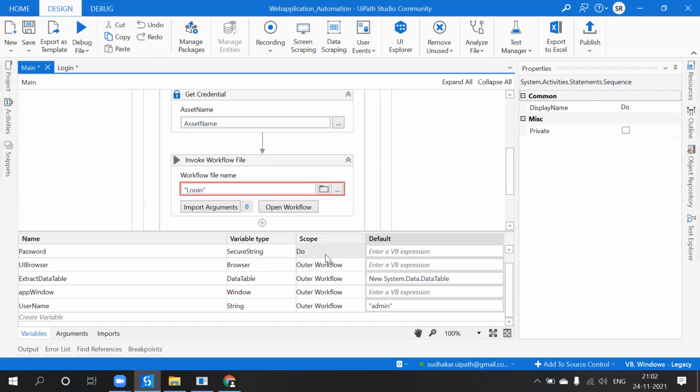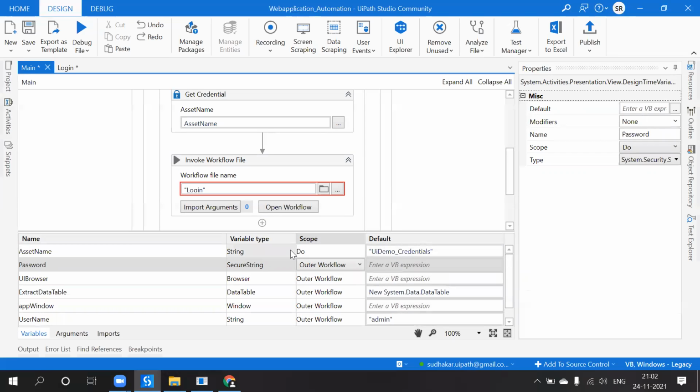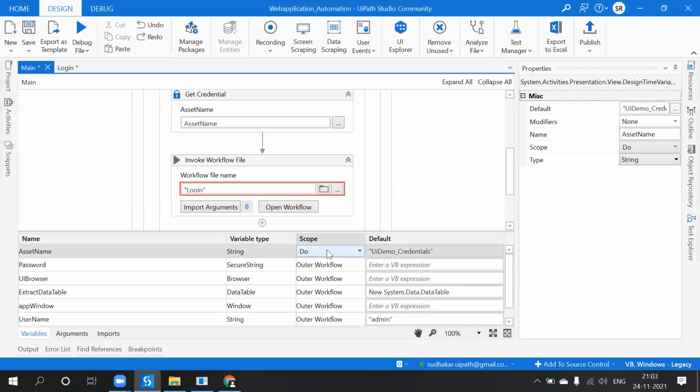Password is only available here. So we just go and change the scope of that. Now the password has become outer workflow, and we are not going to use any asset, but keep it in.